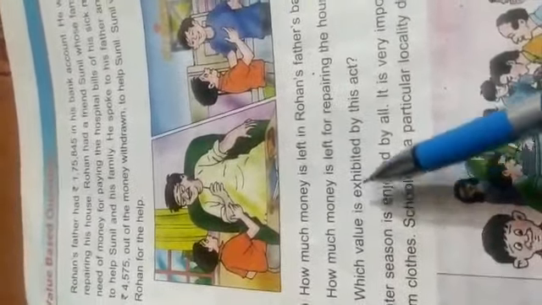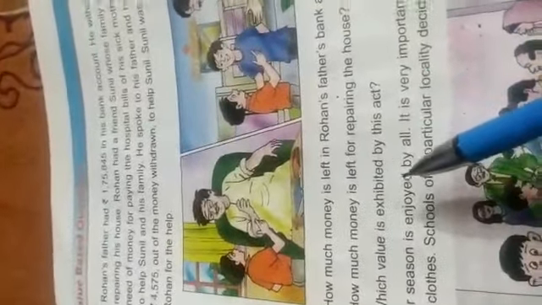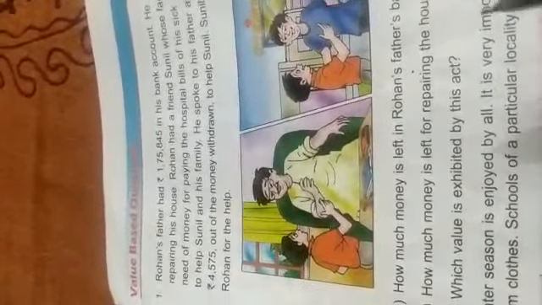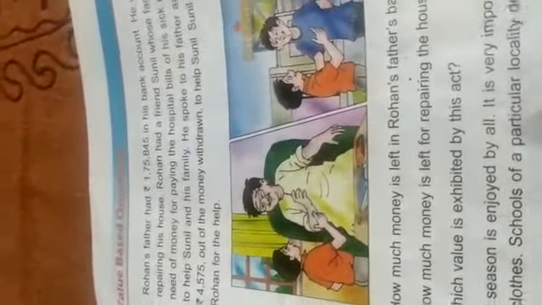Which value is exhibited by this act? Now children, here the story is Rohan had helped his friend Sunil and his family. So what type of value is exhibited? What type of value do we learn from this act? So here, children, this is an act of helping, kindness, raising hands,